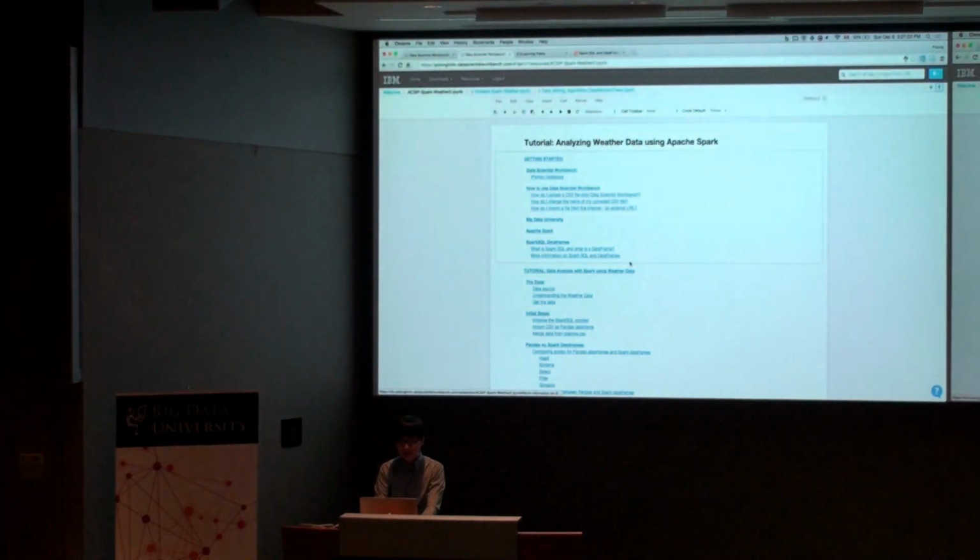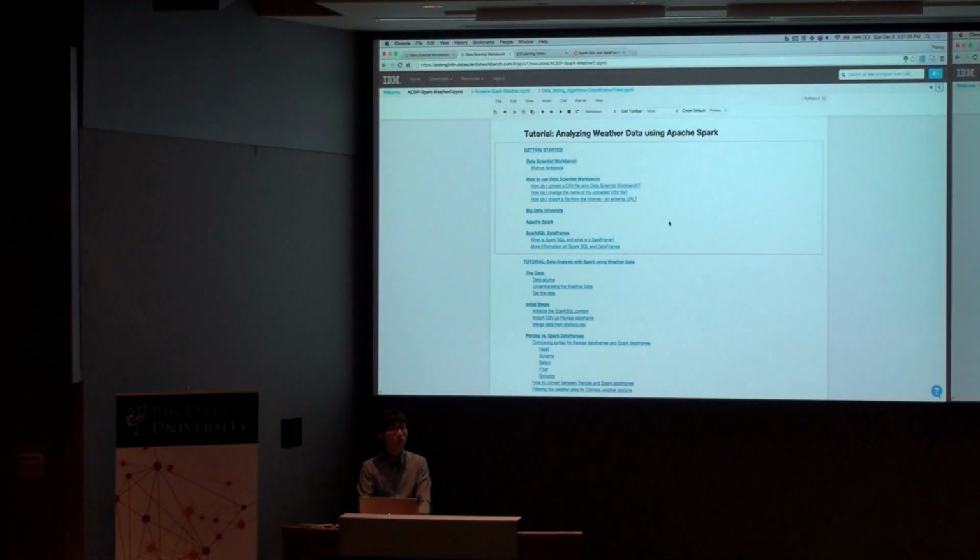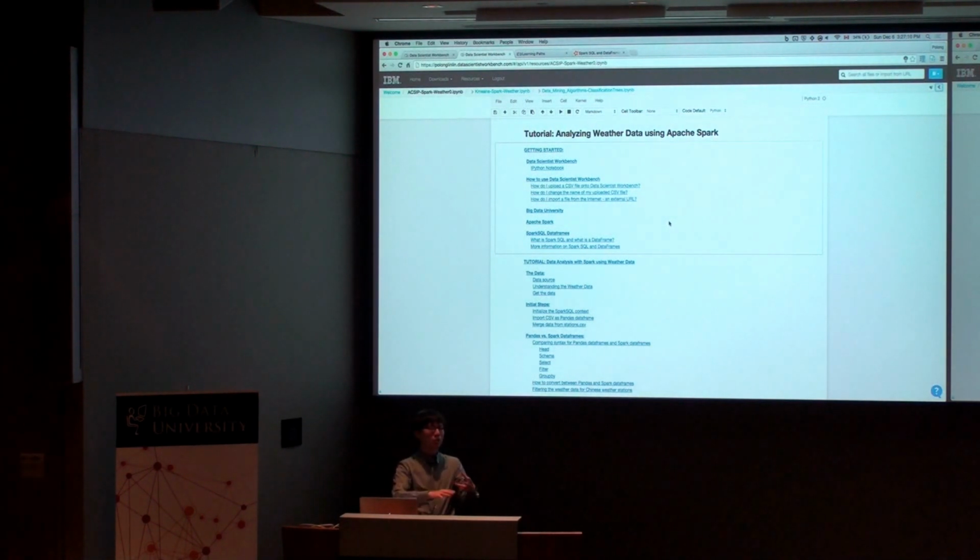And this tutorial focuses on Spark SQL data frames. For those of you who may have heard of Spark, you know there are RDDs. RDDs are the core components of Spark. It's all broken down into RDDs, but RDDs are like if you read in a text file, each row can be considered an item. So you can have an RDD of this text, and it's very difficult to work with because it's not a table. It's almost unstructured. It's like a list.